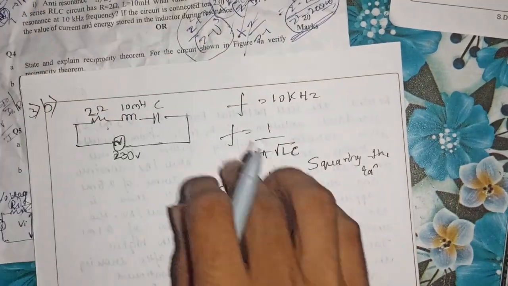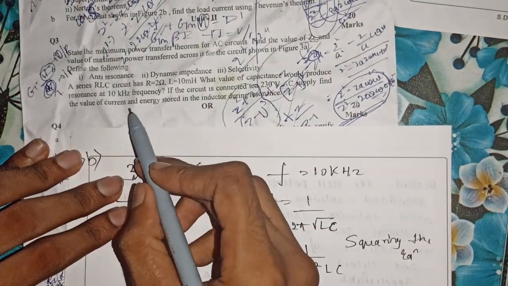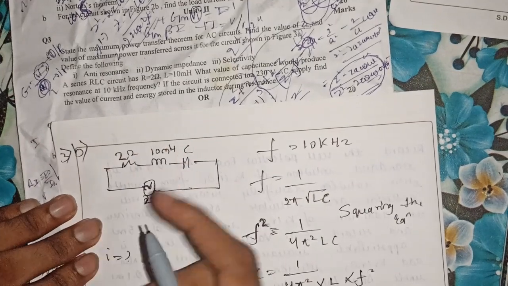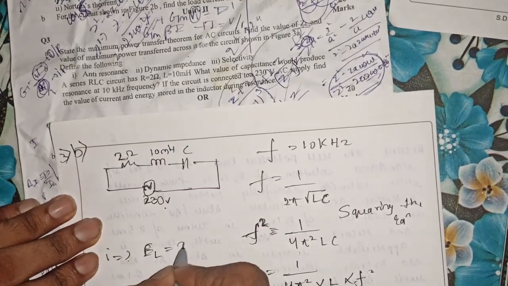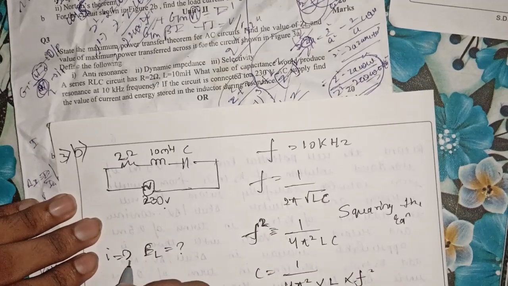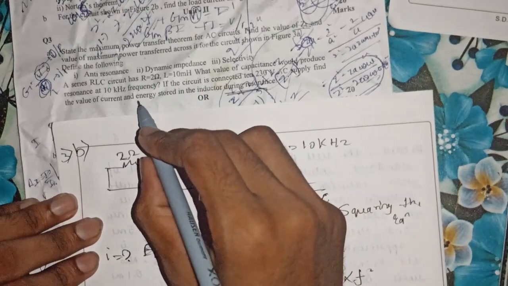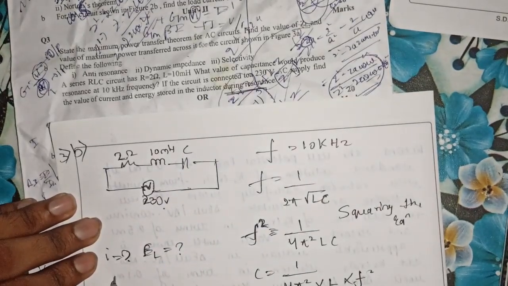And another question is that if a circuit is connected to a 230 volt AC supply, find the value of current. So you have to calculate the value of current which is flowing through the circuit, and the energy stored in the inductor, let me call it EL, which is the energy stored in the inductor. So the important point is that during resonance you have to calculate the value of current as well as the energy stored in the inductor. So during resonance,